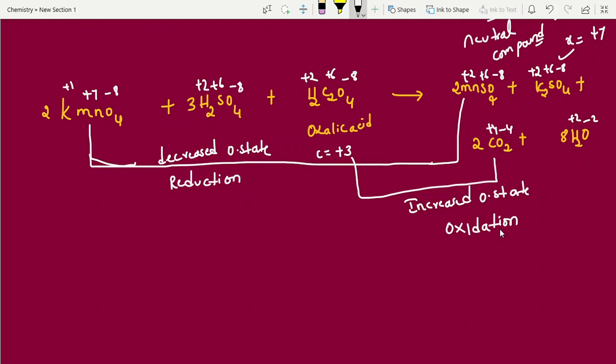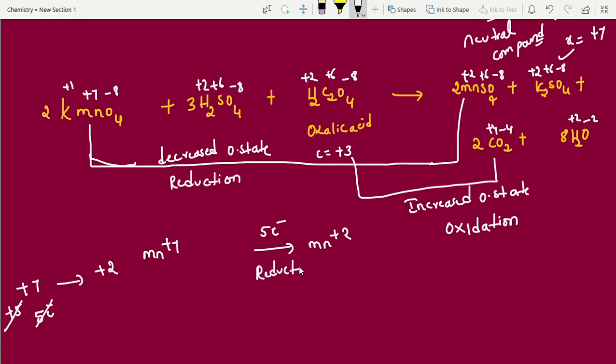But I am going to give another point, students. They will ask questions here. Which is undergoing reduction? Which is undergoing oxidation? Here, manganese +7 to +2. Means he gained 5 electrons. Then only it reaches +2 state. Positive charges are +2. It is converting into +2 positive charges. That means it gains 5 electrons. If it gives 5 electrons, here 5 positive charges get cancelled, remaining here 2. So like that we have to calculate. Manganese +7 to +2. What happened here, students? Gain of electrons is nothing but reduction.